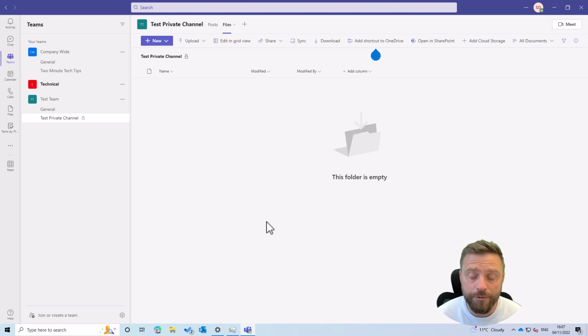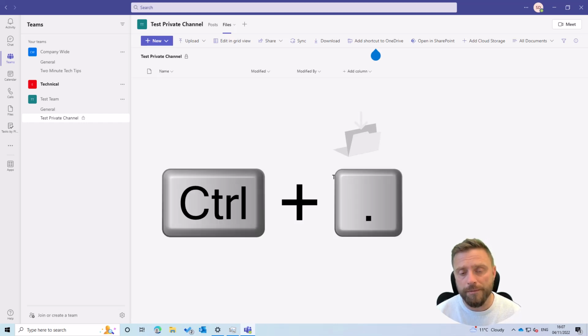This week is another quick one and it's about keyboard shortcuts in Teams. So Teams has a variety of keyboard shortcuts that basically can save you time if you take the time to learn them, and stops you looking around trying to find things, clicking, moving your mouse, and all that irritating stuff. So the first thing you need to know is the command Control and full stop, because that will bring